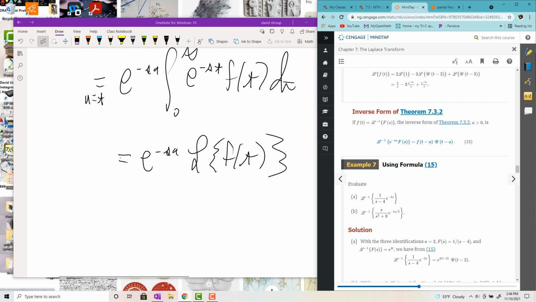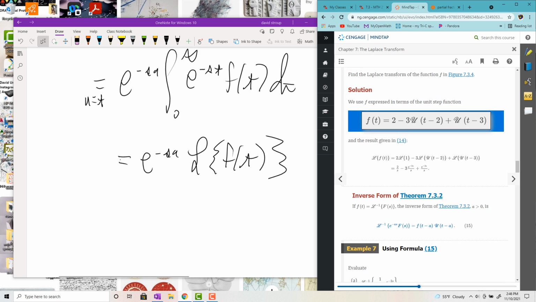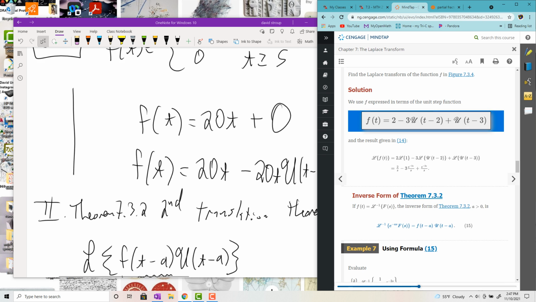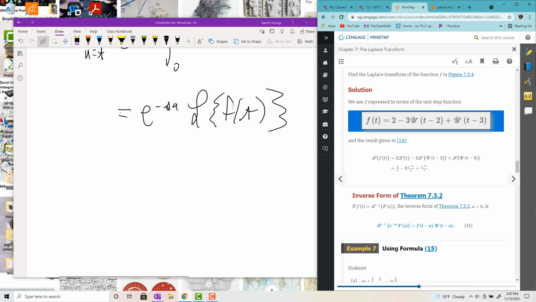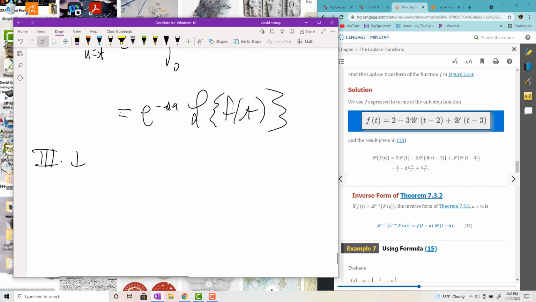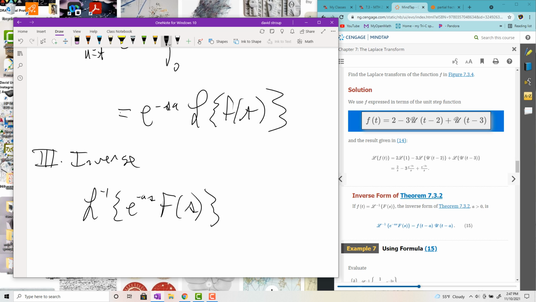So where is the inverse form? Let's see what section I'm on in my notes. The inverse of this guy, this time e to the negative as, and then you have some function of s. That'll equal,